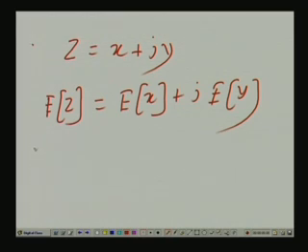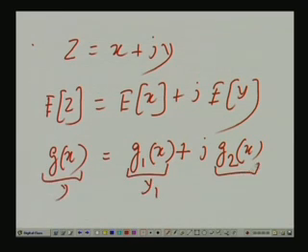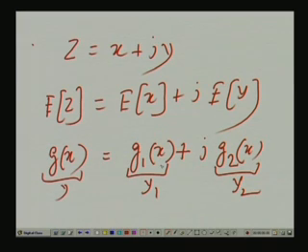Now, suppose we have a complex valued function g x, which has two components, the real part is g 1 x, and the imaginary part is j times, say, g 2 x. So, the total value is g 1 x plus j g 2 x. If you call it y, you can call this y 1 and this y 2. So, by this definition, what is the expected value of y? It is nothing but E of y 1 plus j into E of y 2. But what is E of y 1? We have already seen that E of y 1 is nothing but the integral of g 1 x p x dx,